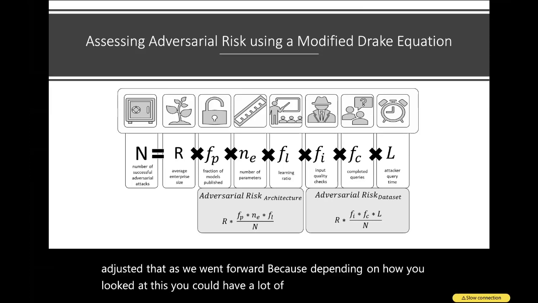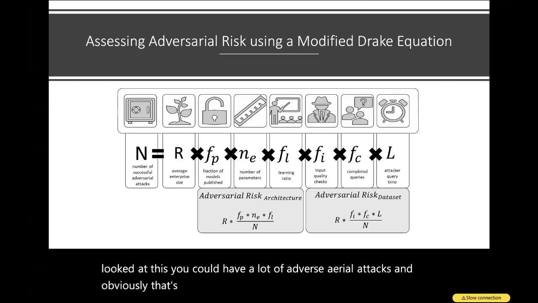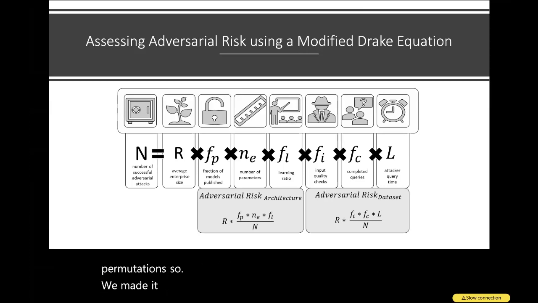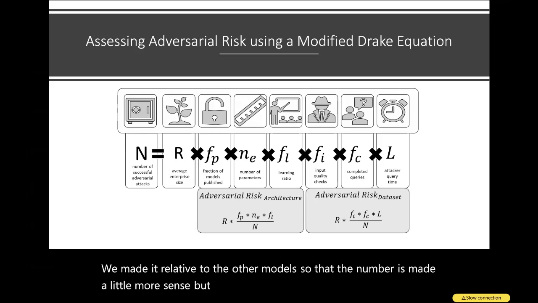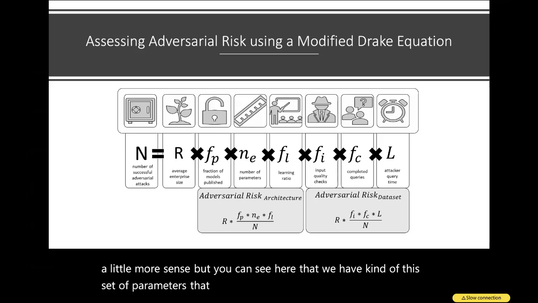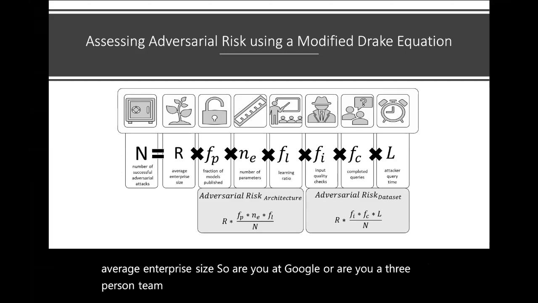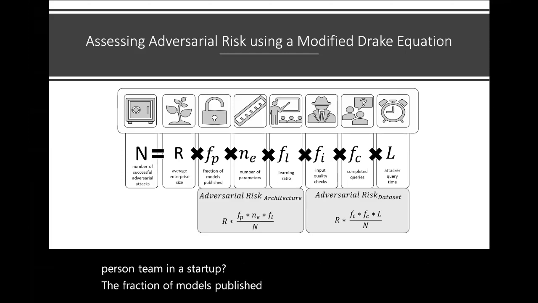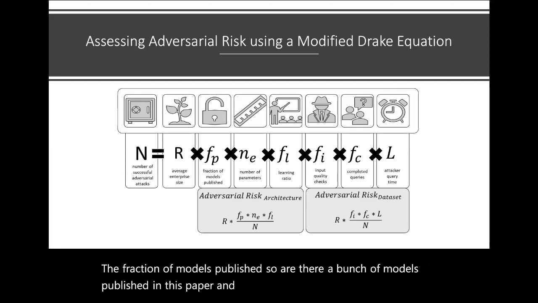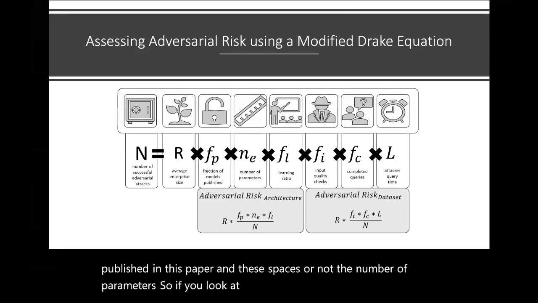But you can see here that we have this set of parameters that describe machine learning models. The average enterprise size, so are you a Google or are you a 3-person team in a startup? The fraction of models published, so are there a bunch of models published in this paper, in these spaces or not? The number of parameters, so if you look at GPT-2, GPT-3,